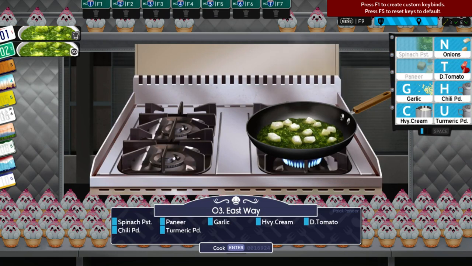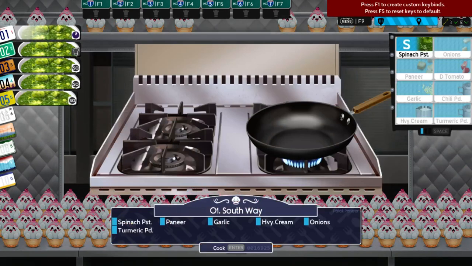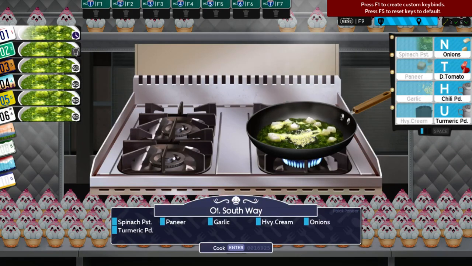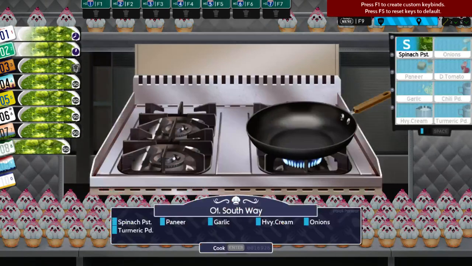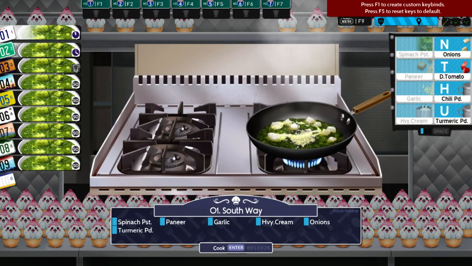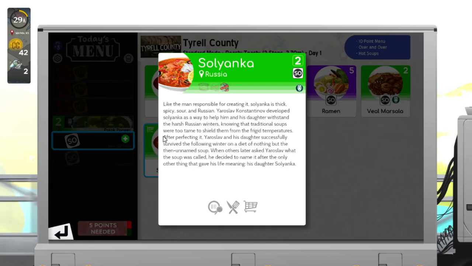Spinach, paneer, garlic, heavy cream, tomato, chili powder, and turmeric. God, there's a lot of turmeric in Indian cuisine, isn't there? This doesn't seem that bad. I kind of like this, actually. Interesting. Okay, we'll add that. And also we'll add